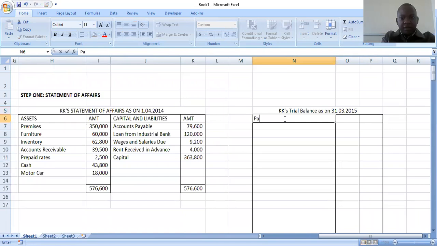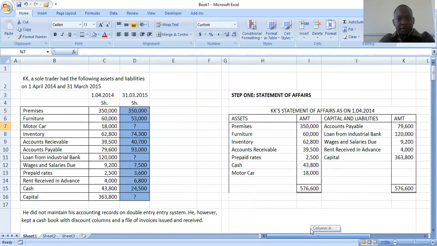Here you have the particulars. You have the debits, you have the credits. So we begin with the first account that you have is